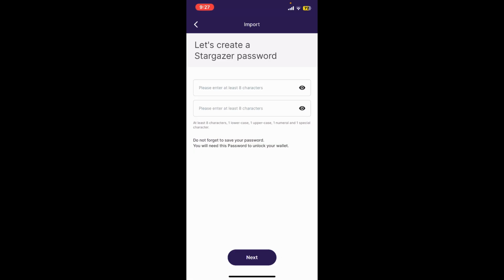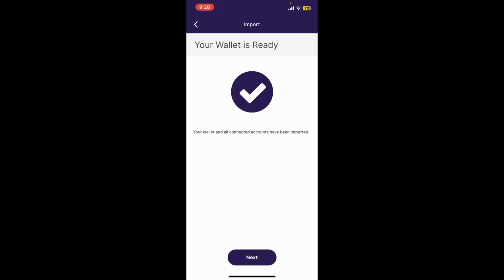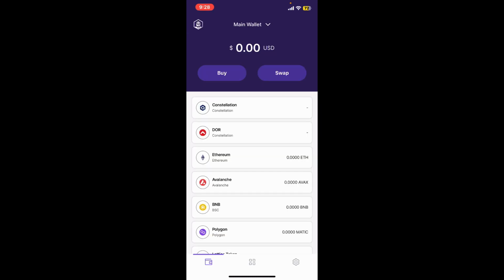and now every time you restore your wallet, you will need to create a new Stargazer password. Enter the new password in the first text box and then re-enter the password on the next field. Finally, tap on the next button at the bottom, and soon after you are done, you will be able to import your wallet. That is how you can easily recover your Stargazer wallet even if you've forgotten your password during